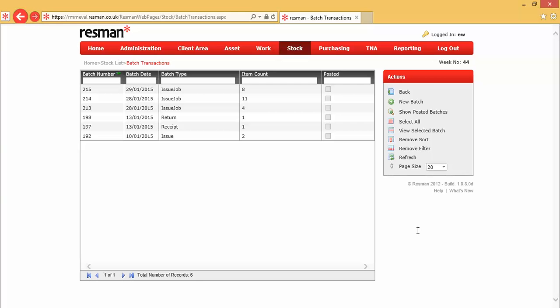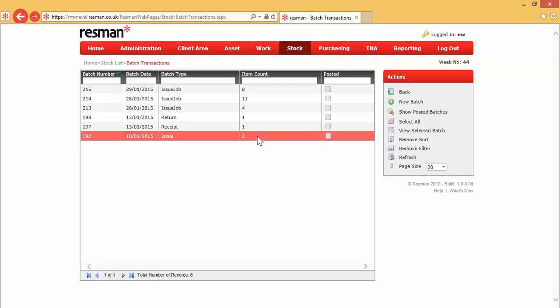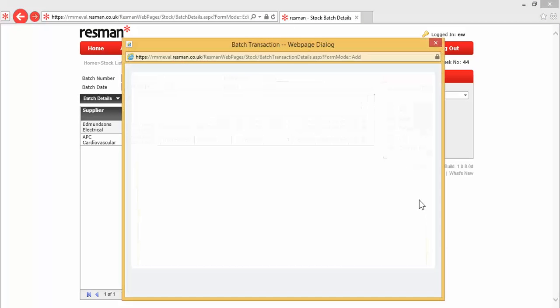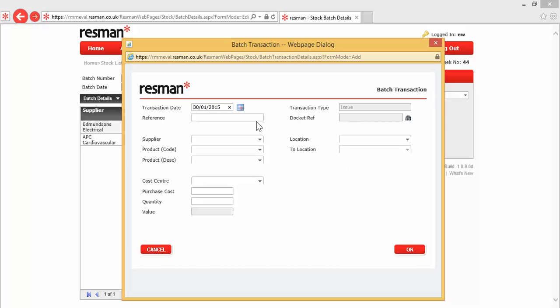Here's our transaction list. I can either create a new batch or I can go to an existing batch. I want to do an issue and we've already got a batch with 2 in, so I'll open up that batch and I'll add a transaction. We're going to do this from our order book. It's an issue from our order book for some batteries 3740,